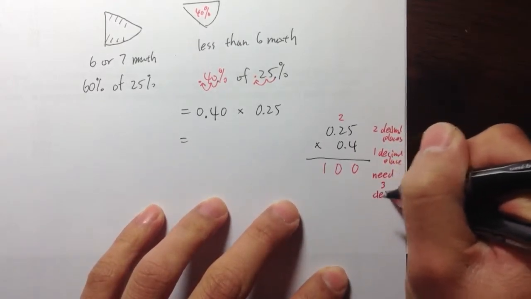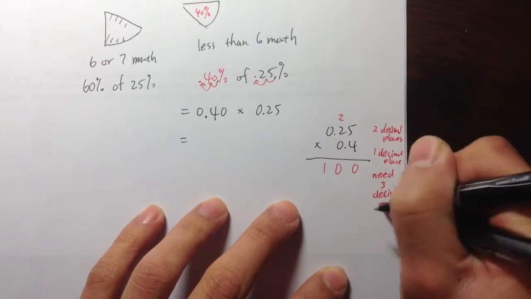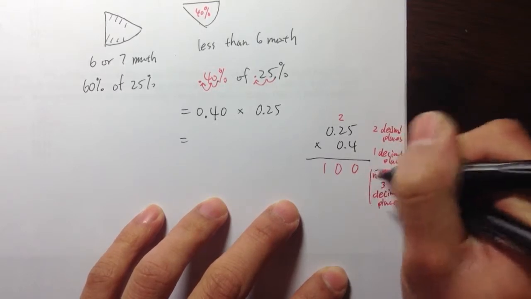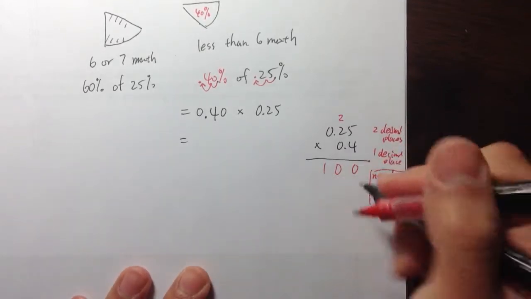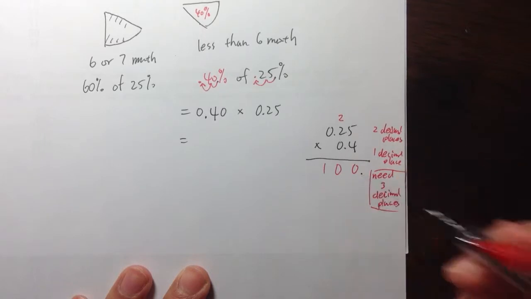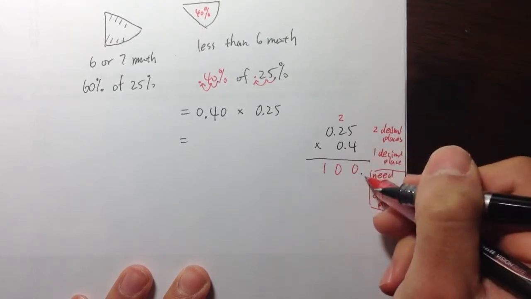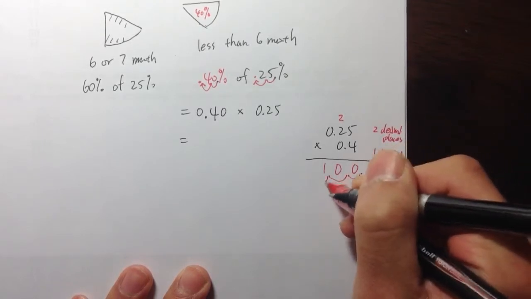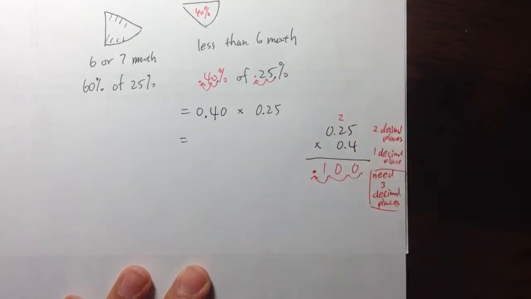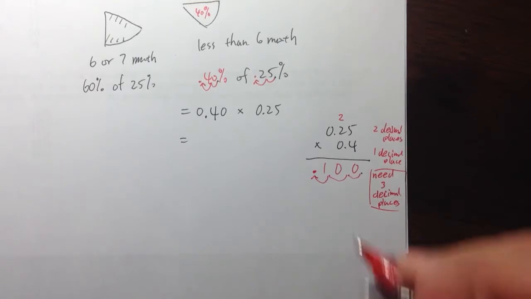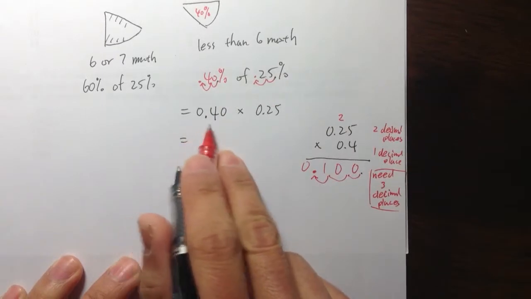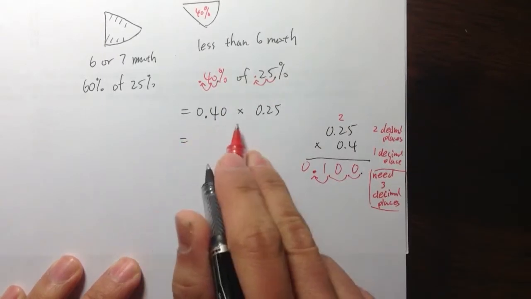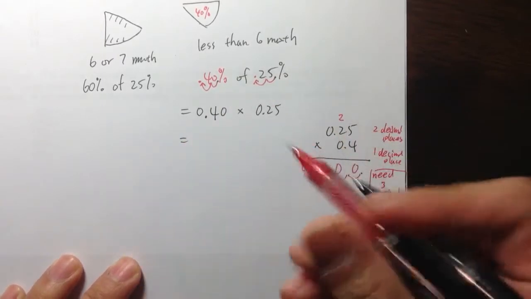And right here I have 1, 0, 0. We start off all the way to the right, and then I'm going to move this decimal point once, twice, 3 times, and that will be where the decimal point is. So let me have a 0 in front of that. 0.40 or 0.4 times 0.25 is